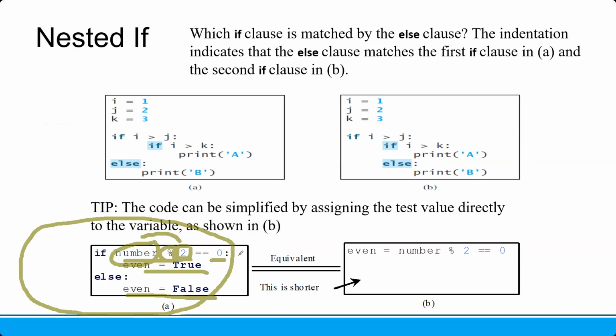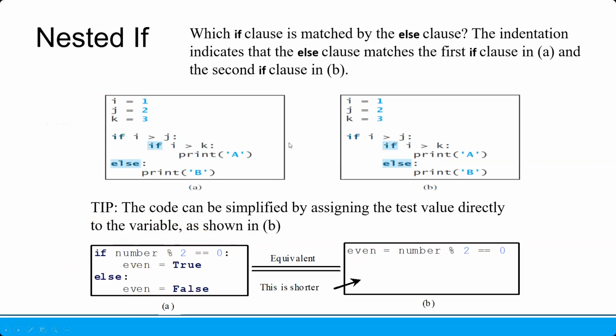So this kind of code can be converted like this one. Even equals to, this is a Boolean statement. So number divided by 2 equals 0. So this is modulus, to check what is the remainder when this number is divided by 2. Okay, we learn this one